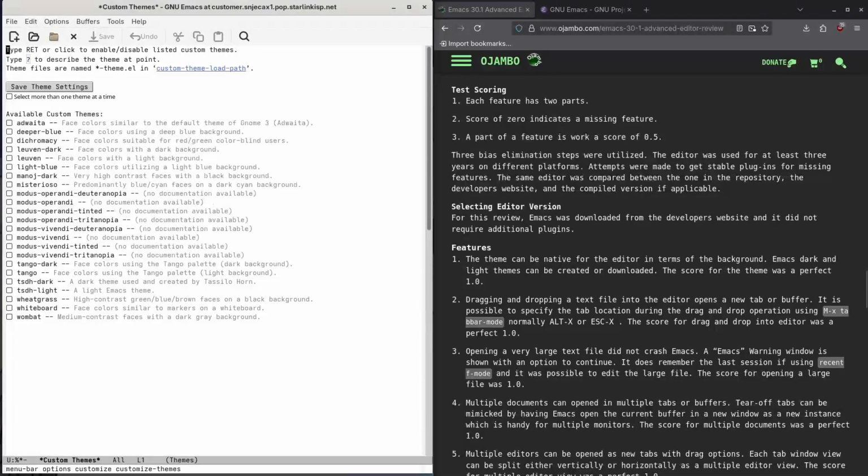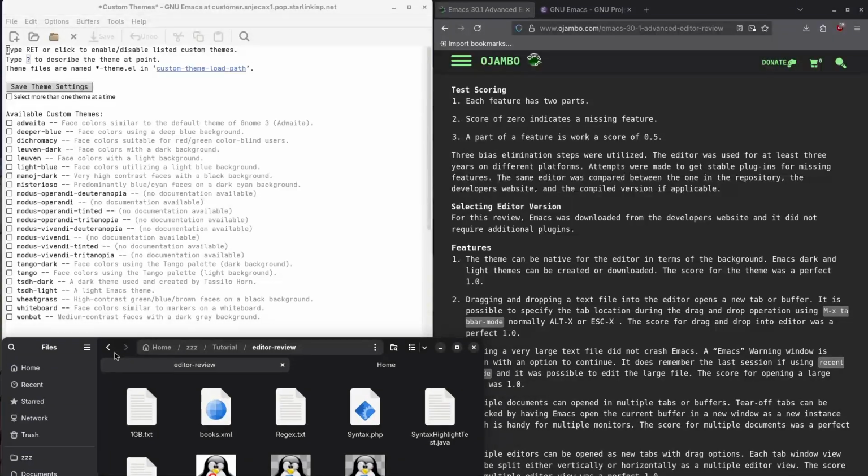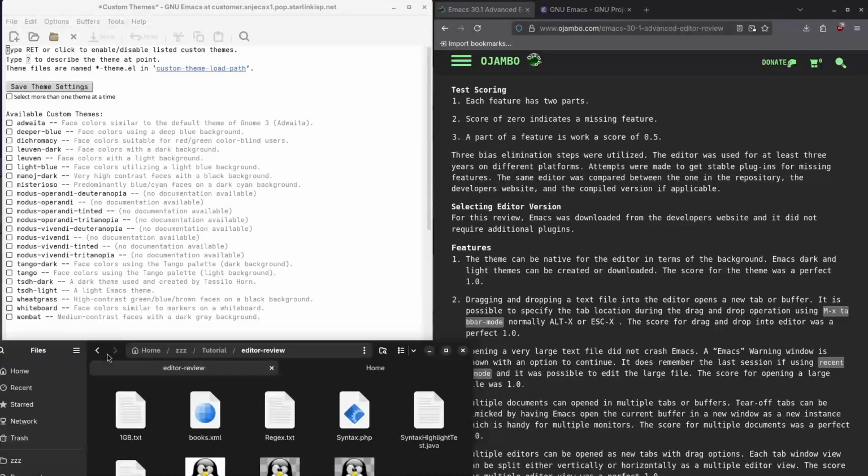Dragging and dropping, it's possible. This one is a little bit different than the previous preview, and I'll show you that, guys. Dragging and dropping is important because in